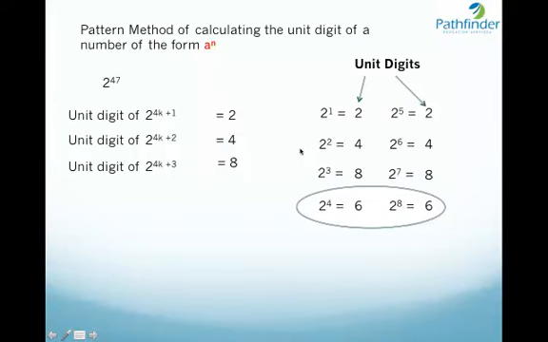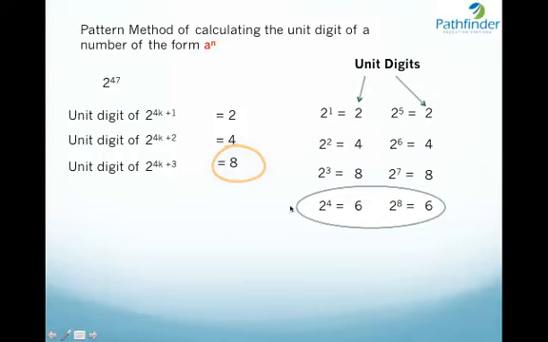Similarly, the unit digit of any number which is of the form 2 to the power 4k plus 3. So 2 to the power 4k plus 3 again represents a multiple of 4 plus 3, a multiple of 4 leaving a remainder of 3. So 2 to the power 3 and 2 to the power 7 represent this category, and the unit digit is